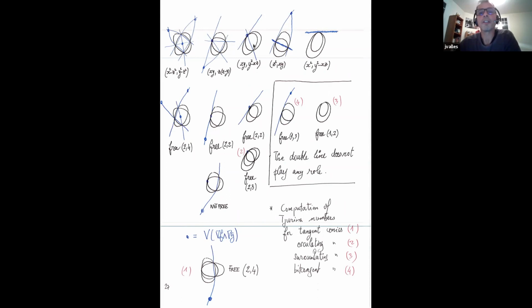But you see there are many cases in this picture: the first example on the left side of the page is a generic pencil, then a tangent pencil, then an osculating pencil, then a bitangent pencil, and then a surosculating pencil. So all these cases. And we observe that we can remove some part of the singular members. There are a lot of different games to play. For instance, the surosculating case with the number 3 is 3, 1, 2 with 2 smooth curves.